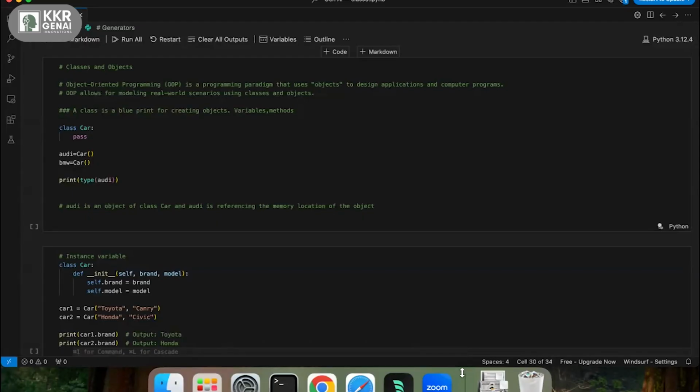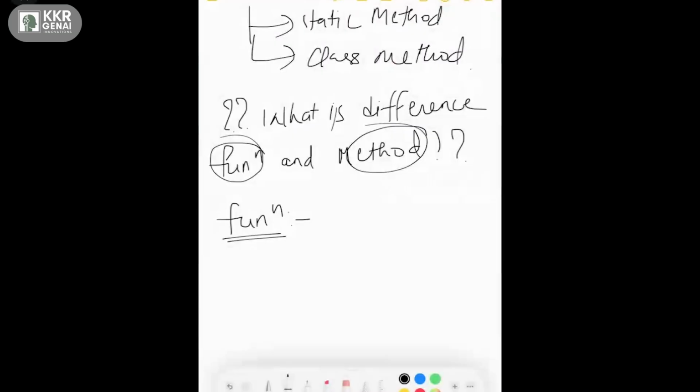No, in a method also we do some task, and in a function we can also return something. Let's say if you take the length function, it returns the length of the object that we are passing.